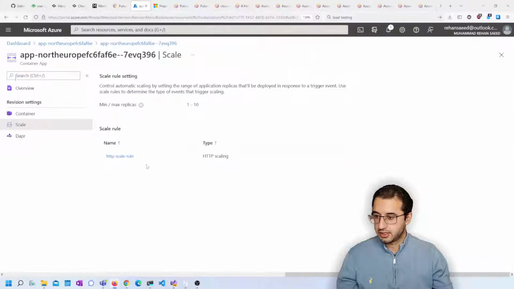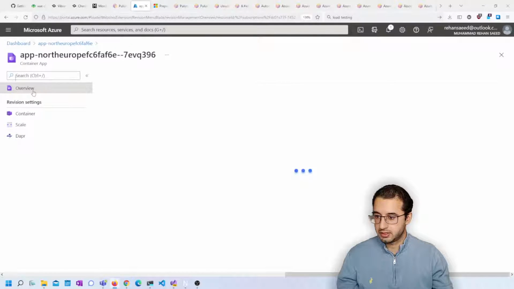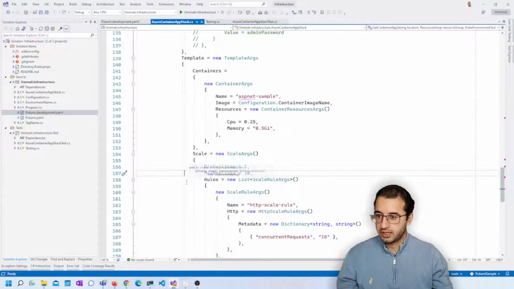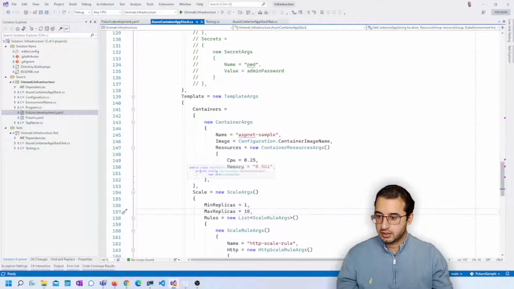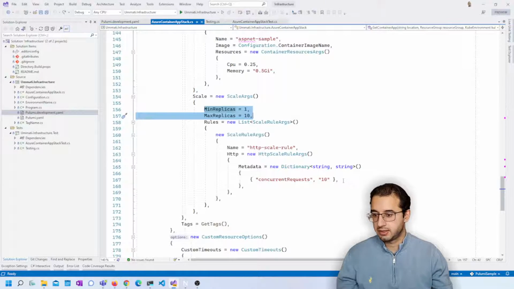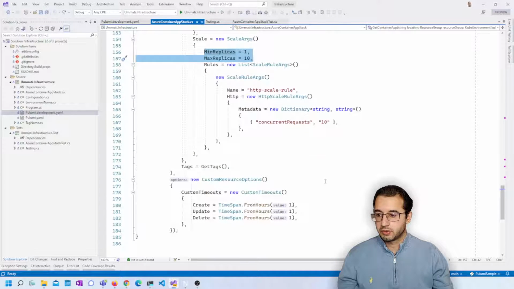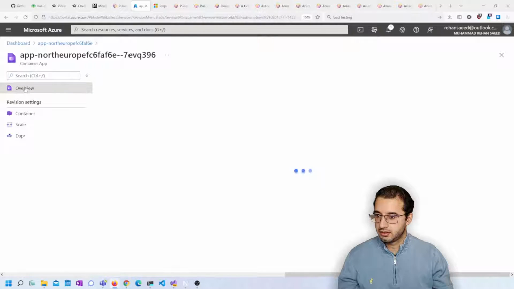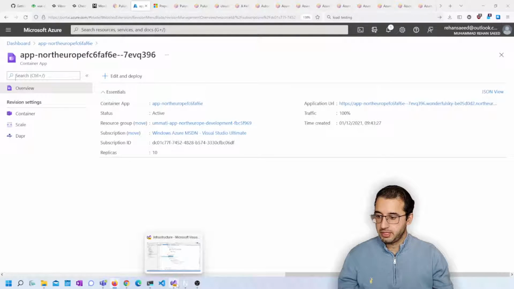Let's go back to the site really quick and see if the number of replicas is still at 10. It still is, yeah. So we'll come back to this occasionally and we'll spy on this and see when it goes up and down. I think I specified 10 replicas as a maximum, and then concurrent requests is 10. So we'll see what the cooldown period is of that and see when it goes down. In the meantime,